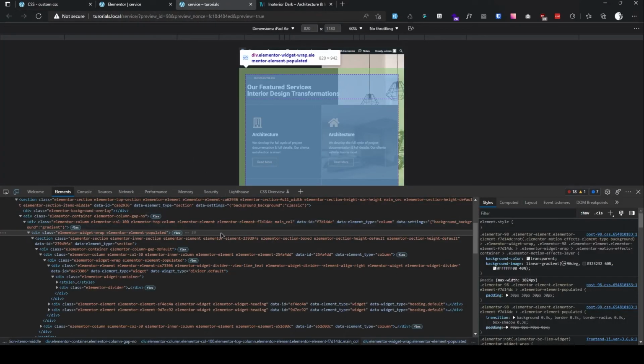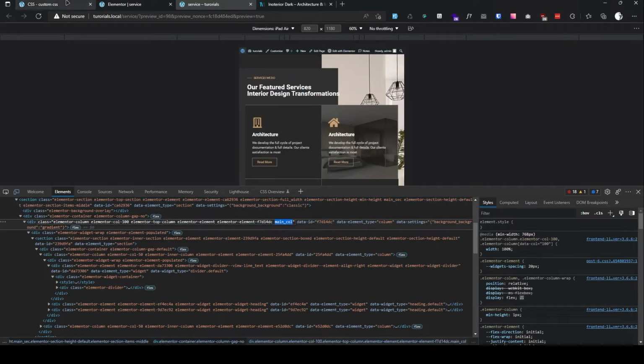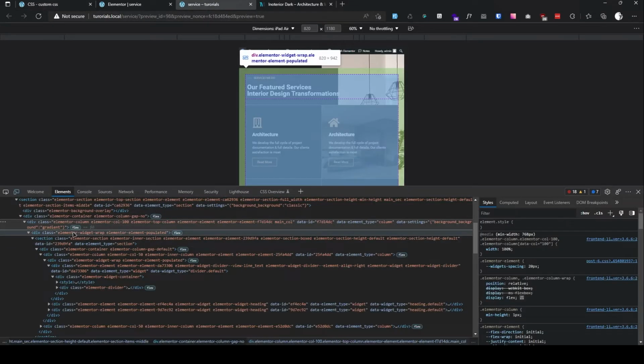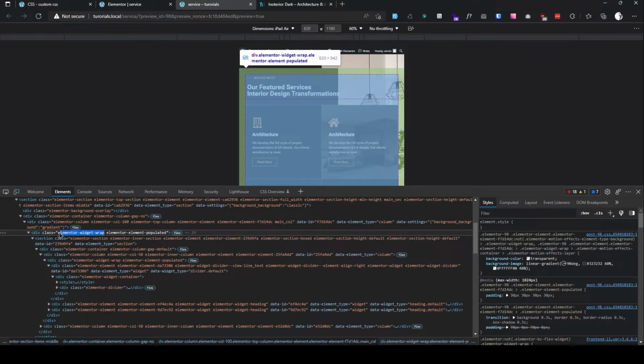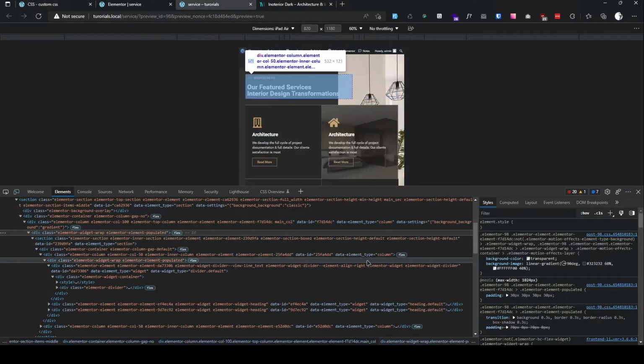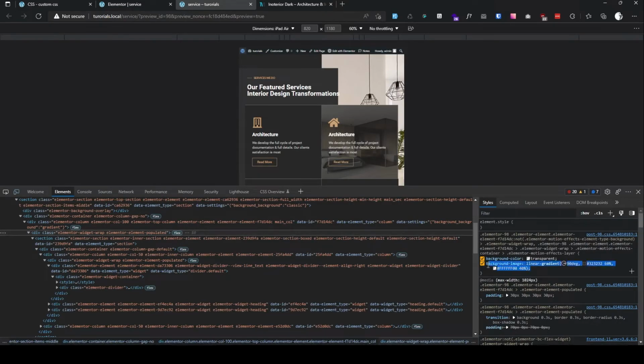So if I inspect, we had main col, so let's copy this main col class. This is for our column, and under that we'll select the Elementor widget wrap just below it. So we'll add the greater than sign, then Elementor widget wrap. This is a CSS selector, I think you guys know that. So now our background color is selected, and let's copy this one,